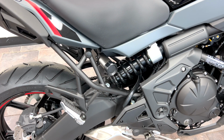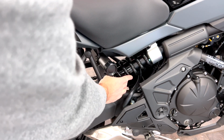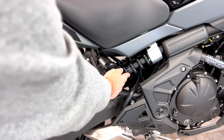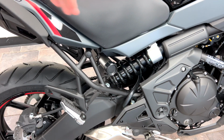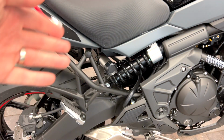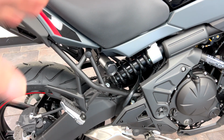So we're working our way to the back of the bike. We talked about the passenger accommodations here. One other thing that's worth noting is you have the suspension over here, sort of off to the right side of the bike. You don't really see it from the left side of the bike, but you also have this preload adjuster, which means as you load this bike up with gear, as you load up with a passenger, you can remotely adjust that preload really quickly